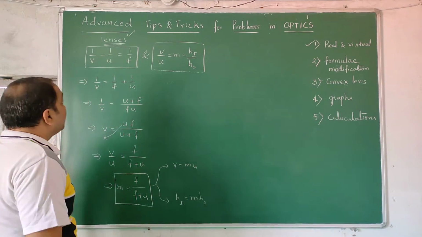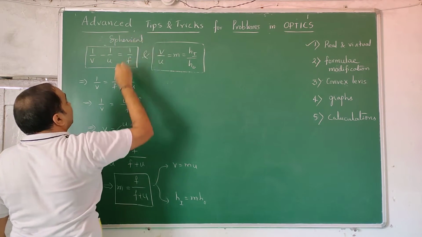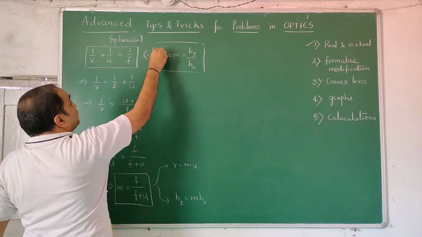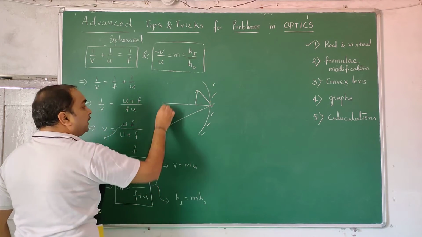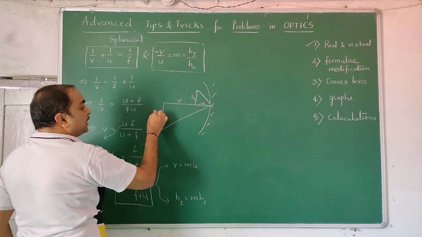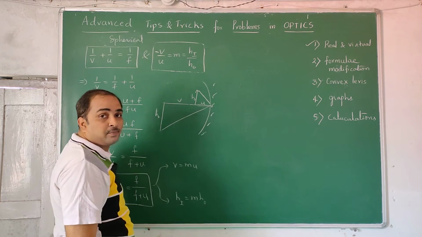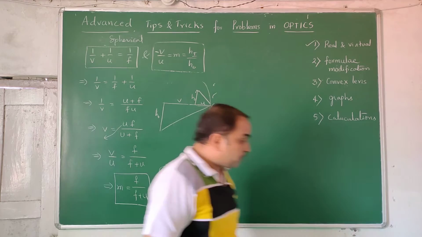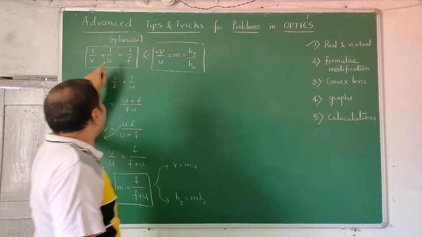Now comes spherical mirrors, concave and convex. While deriving the formula, the school teacher will derive it, and in between a plus will come. Here magnification comes with a minus, because for a concave mirror, the object is here, and you get the image somewhere here. This is object distance u, from here to here is image distance v, this is object height, this is image height. Previously the triangles were on the left side and right side, one up, one down, so that plus minus sign got cancelled. Here it will not get cancelled. So as per the concept, that formula is not true, this formula is true. In between there you will get minus, here you will get plus.